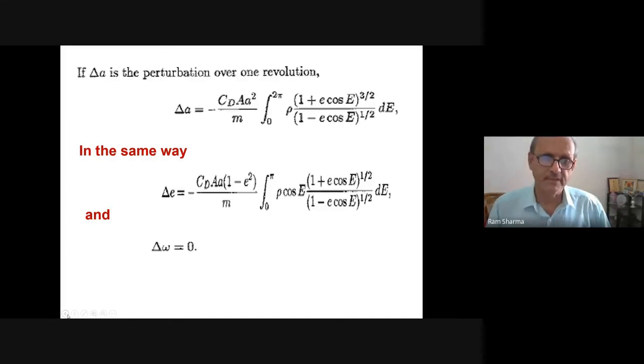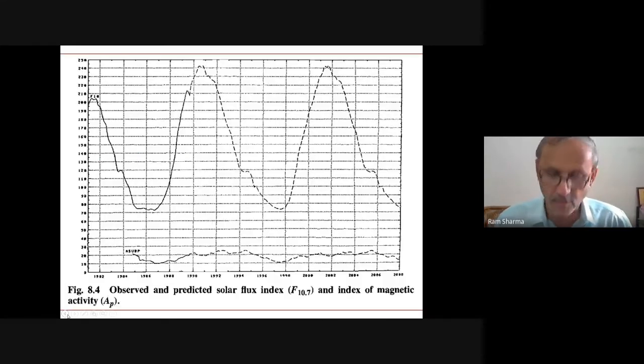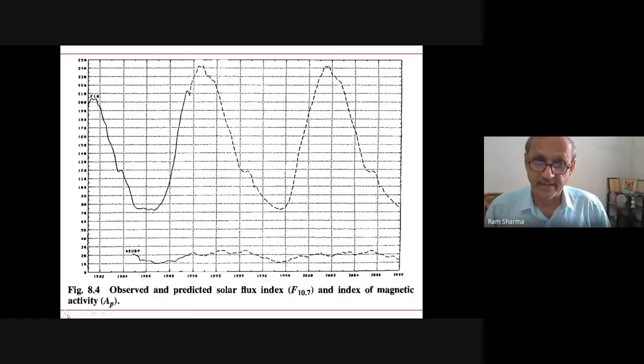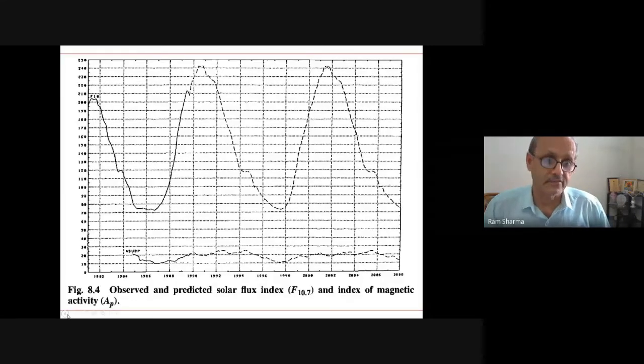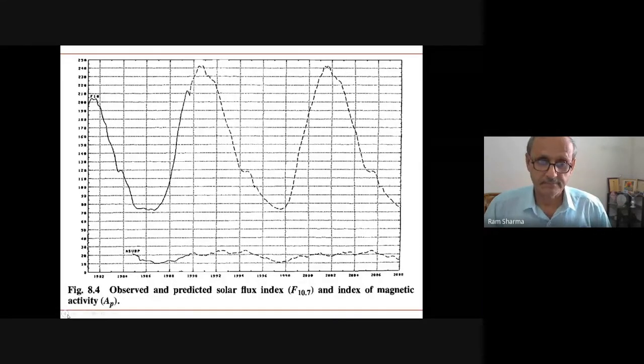Now I tell you one more thing. I discussed this, but quickly I will discuss again, because I want to tell you how important the modeling becomes. See, this is the 11-year solar cycle, and the values which I have shown you are F10.7 and AP. The atmospheric density changes with these values. Whenever F10.7 values are more, the density will be more. So the satellite will decay faster.